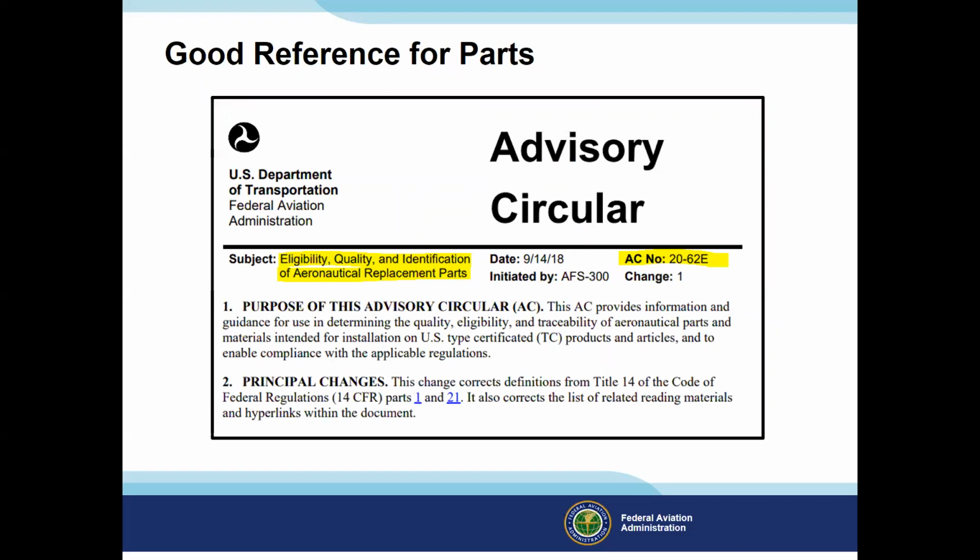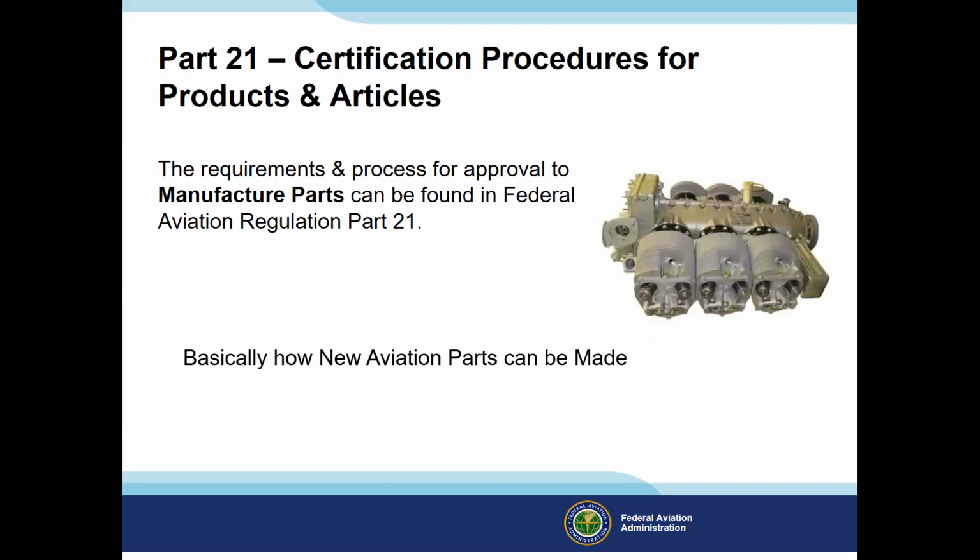Articles approved for manufacture under Part 21 are authorized via production certificate under Subpart G. The products can be produced in accordance with Subpart K as a PMA part, or as a technical standard order of production approval under Subpart O. So there's a variety of ways a part can be certified for approval under Part 21. Product approval is generally done through some sort of type certification or any other method approved by the FAA.